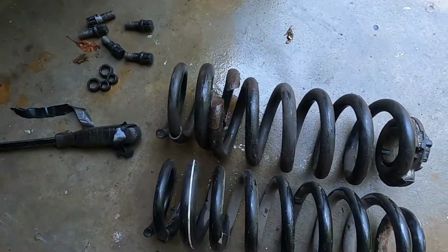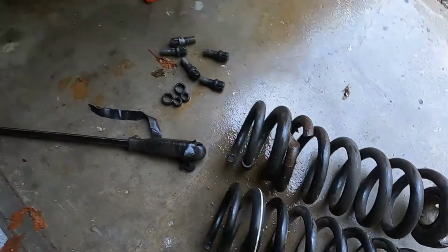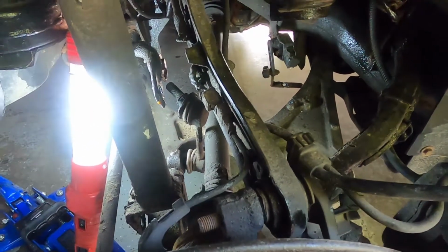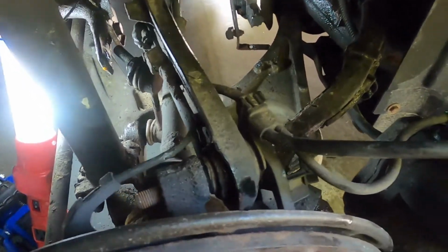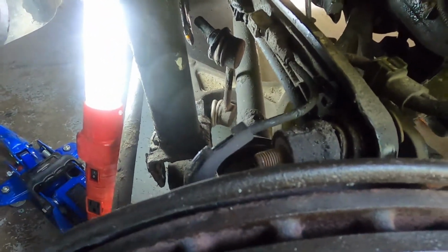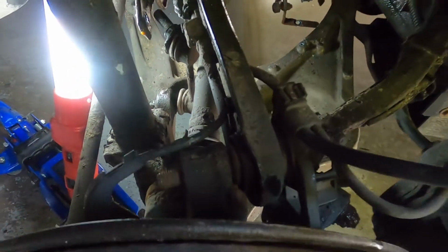So I was having a hell of a time getting the broken spring out. Everything's pretty tight, so I wound up taking it apart a little bit more. I'm glad I didn't put the slow-mo on this, because it would have been great for you to watch, really good and funny, but what a pain in the rear. Taking the broken one out should be pretty easy, but what eventually helped get this out was actually